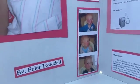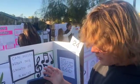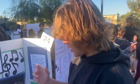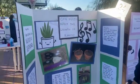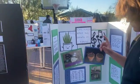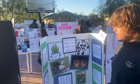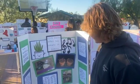So this is my project on can music affect the growth of plants. So what I did first was I bought 4 plants. So I bought 2 plants and then 2 bulbs. And I took one of each, and I played music, all genres of music, to one for an hour a day for 15 days. So my hypothesis was that the music wouldn't have any effect on the plants,